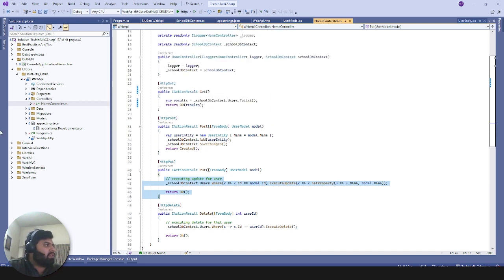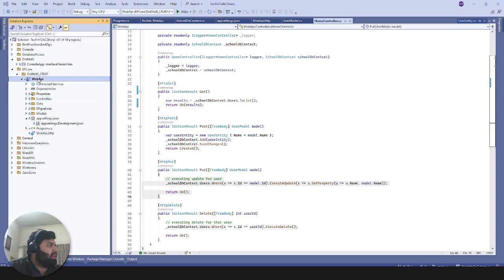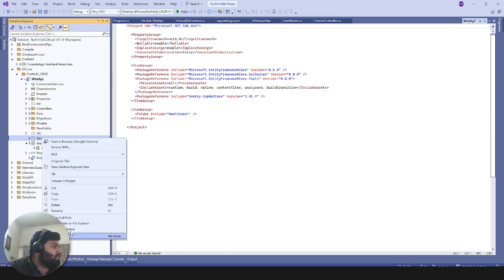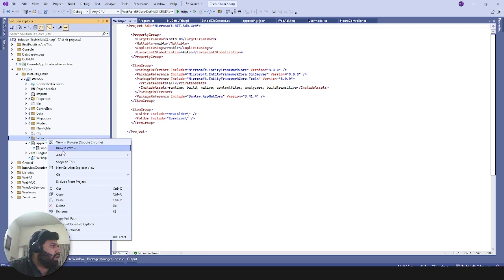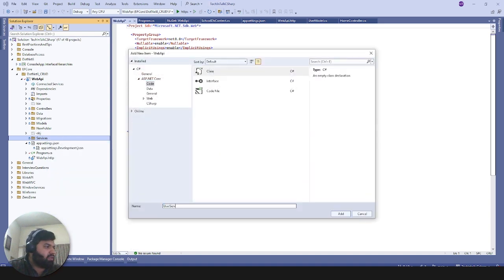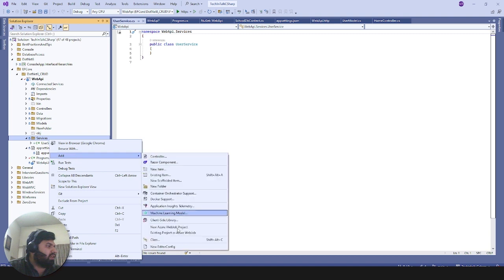So for that, I will be creating a folder. This is an exercise which we will do every time we write a few lines of code, and we will try to refactor that by taking a pause. I will name it services. Okay, services already exist. Let me see how. Let's include this one. All right, and let's add a class UserService, and I will add an interface as well,